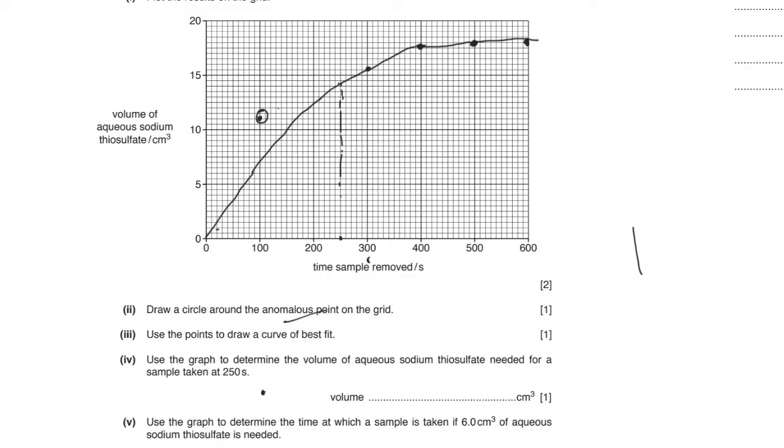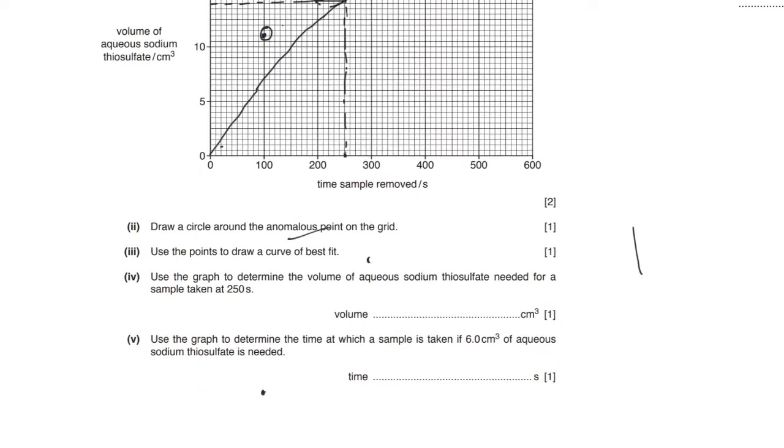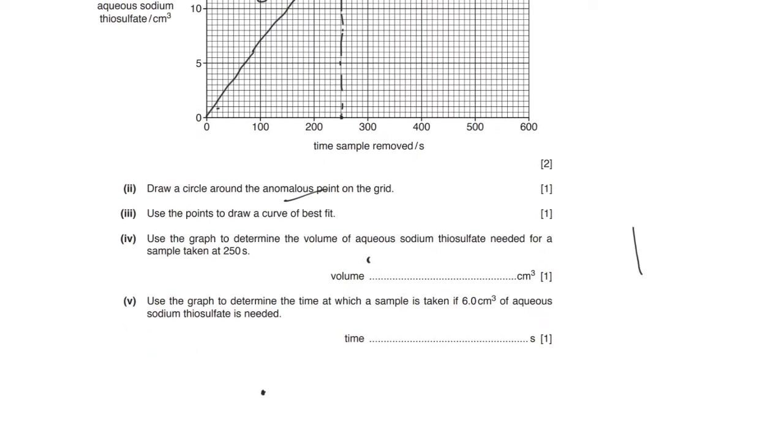From here you draw the horizontal line to get the volume. It will be touching somewhere here. There will be a slight difference in my values because I'm doing it digitally, but I'll write the correct one so that you guys know what your value should be. This would be 13.5 centimeter cube, but the method is the same.